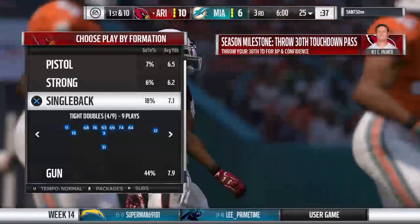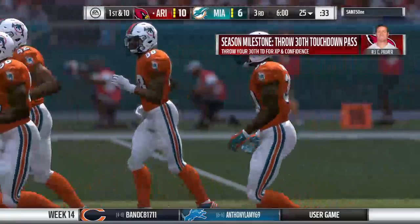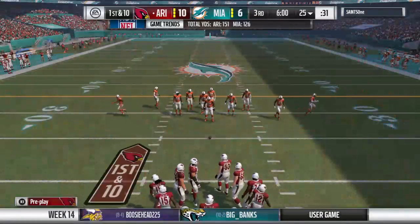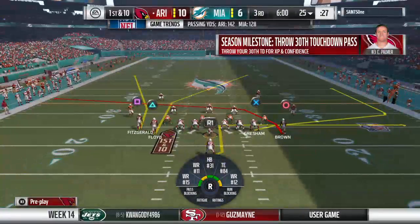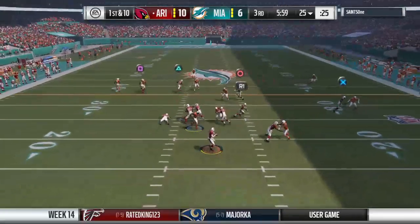So here's the Cardinals offense now as they get set to start this 3rd quarter. They have the lead now. They'll be looking for some separation here as we begin the 3rd quarter. I like the way you term that, because now I think they go a little bit deeper into their playbook. They like what they did in the first half. That worked okay. But in order to get this...